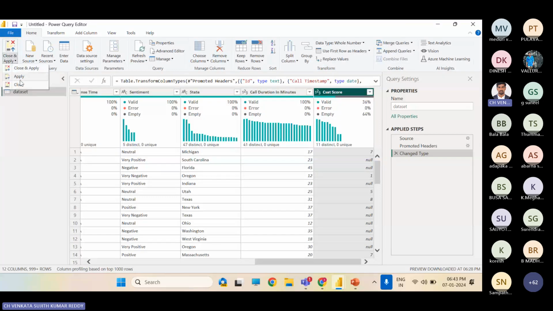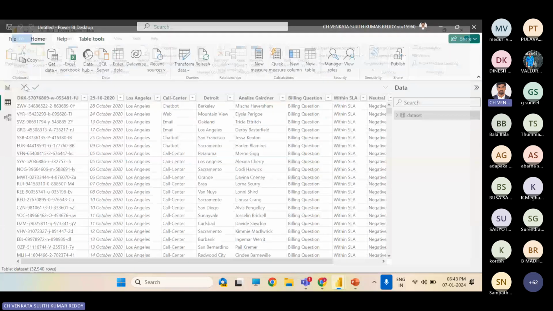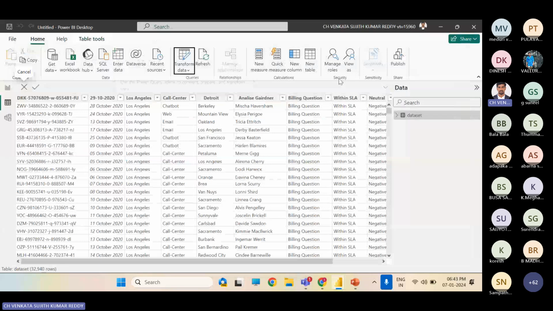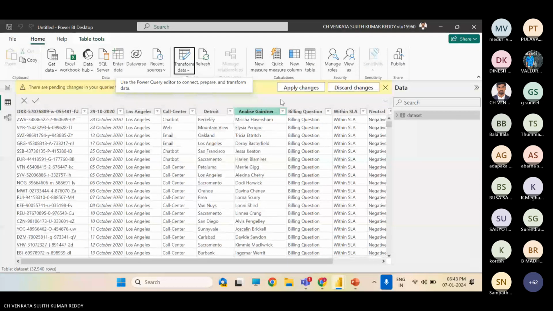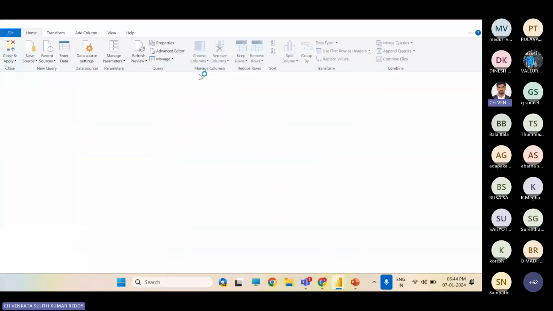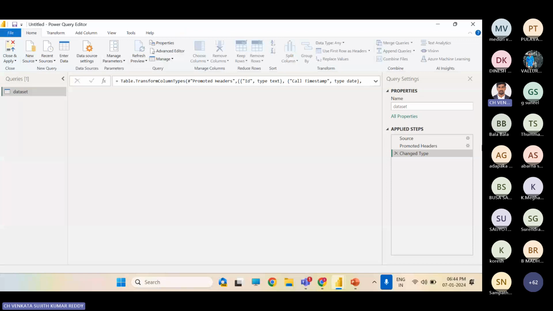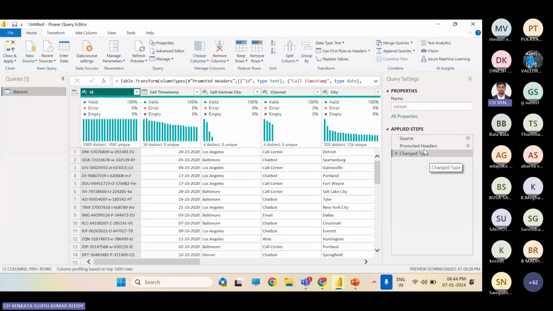If I simply say close, it will close, but nothing is updated here. So again I need to go to transform data and transform. I need to check whether the things have changed or not. It's not changing.